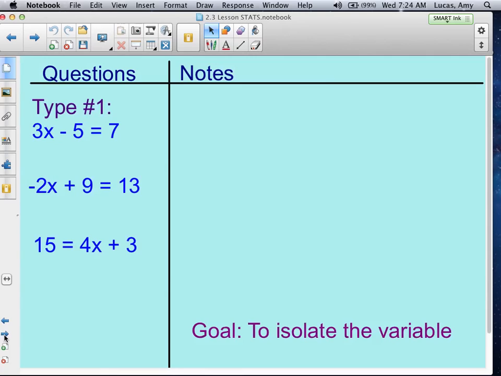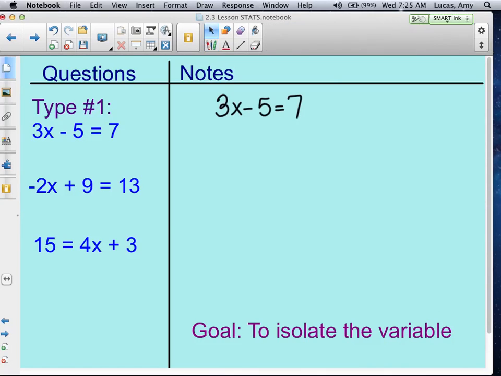Okay, so type number one. And it says on the bottom, our goal is to isolate the variable. That's always our goal when we solve an equation. An equation is a balanced scale. And on one side of the scale, we want to have only the variable left, and on the other side, we'll have the value that the variable is equal to. Because a balanced scale works that way. What's on one side is equal to what's on the other. So our first equation,